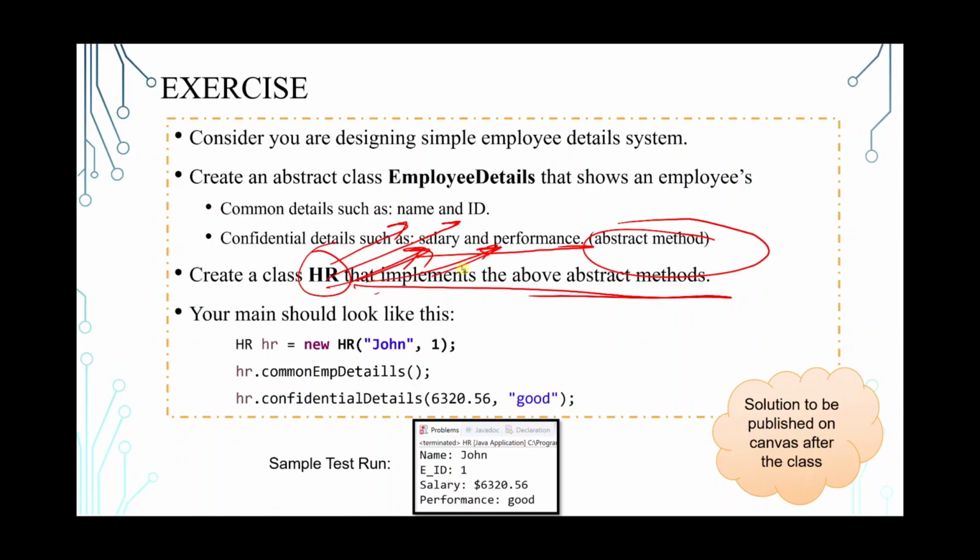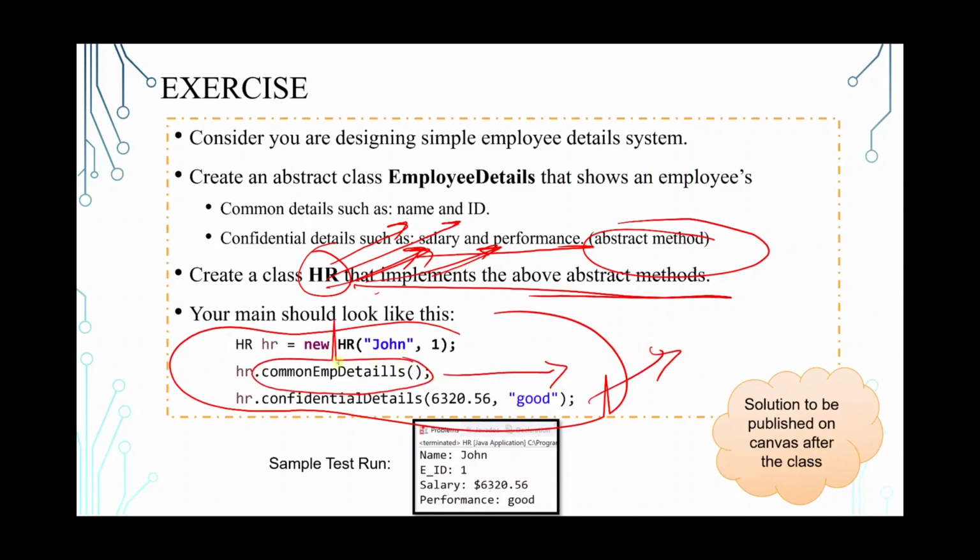So your main should look like this, and those two are going to print their behaviors. Like this one is going to print the name, and this is going to be from the employee details, right? And the HR is going to actually provide implementation to this method,